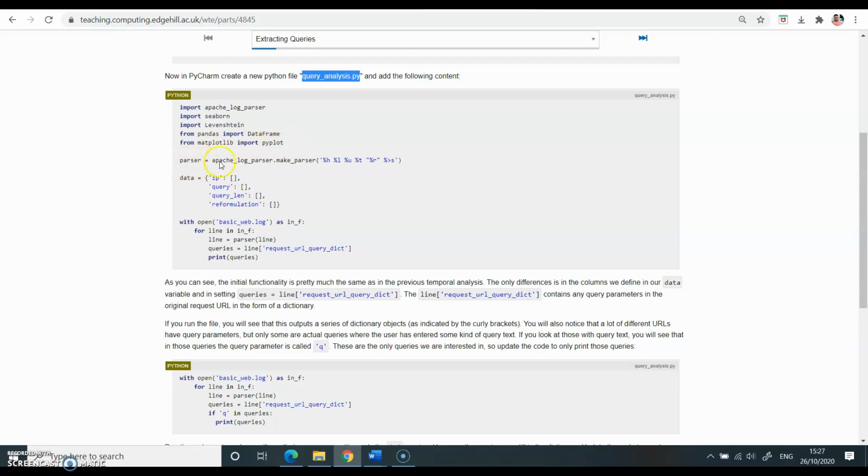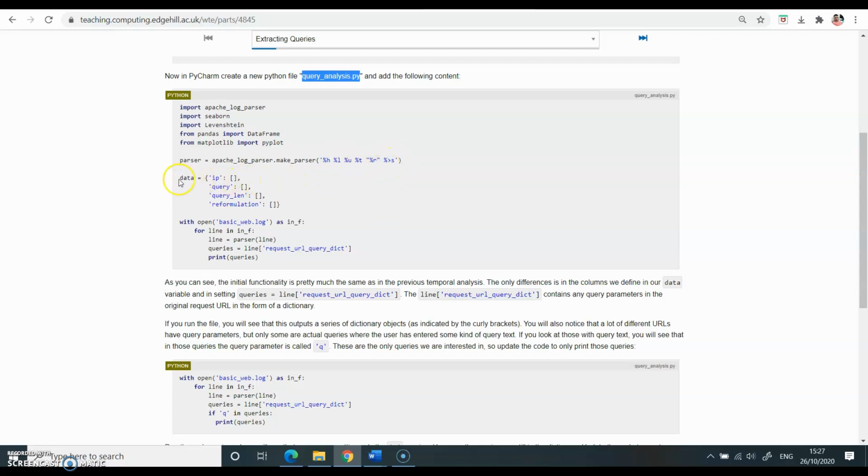Then you know about this line. This line is for the parser. What you are doing is splitting the log data in a specific format, and the formats are listed here: %h, %l, %u, %t, %r, and %s.